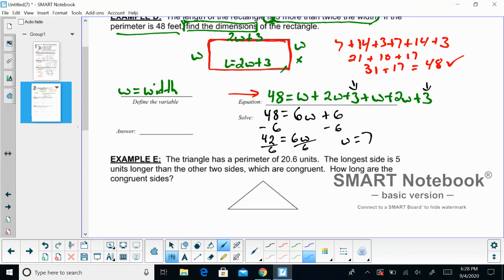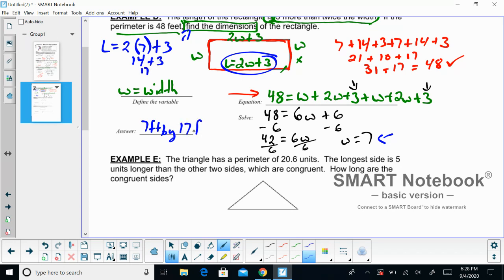Now, before we just write 7 feet over here, what was the question actually asking us? The question was asking us to find the dimensions. What did we find? We found the width. So I know that the width is 7 feet, but I need to find the length. So how could I do that? To find my length, I can plug 7 feet into my equation here that I wrote for the length. So my length equals 2 times 7 plus 3. 2 times 7 is 14, plus 3 would be 17. So my length is 17 feet. Make sure that you're including